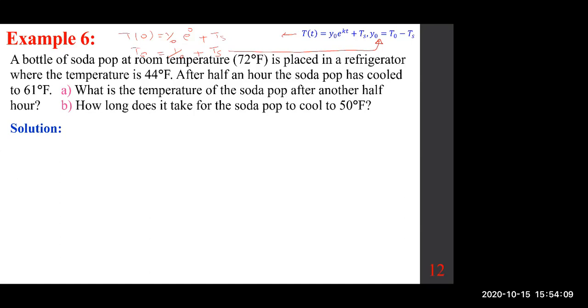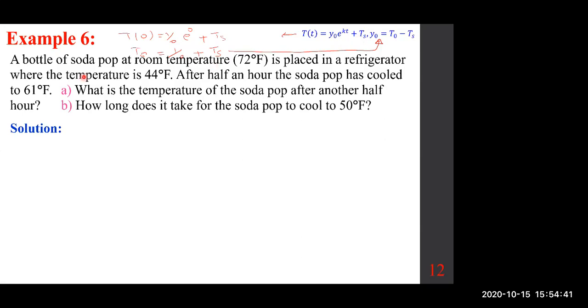The very first thing we need to do is write the given and then come up with the equation at the top, capital T of t. That's what we need to come up with. In order for you to come up with that formula, make sure everybody understands what we are doing. Class, you got to come up with this formula, which means you got to come up with y sub 0, you got to come up with k, and come up with t. That's the meaning of it, okay? So let's read the question again. Quickly,